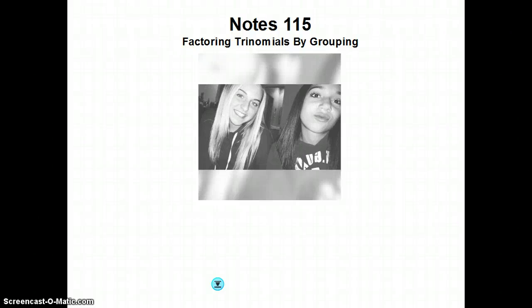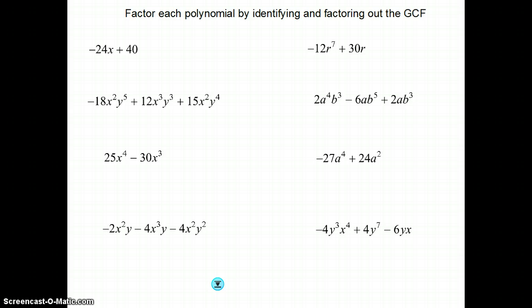Hello and welcome. Today we're going to talk about how to factor a trinomial completely by grouping. Previously, when I introduced factoring by grouping, we dealt with polynomials that had 4 terms. Today we're going to start off with that same concept, but we will lead into polynomials with only 3 terms at the end. So first we're going to recall how to factor each polynomial by identifying and factoring out the